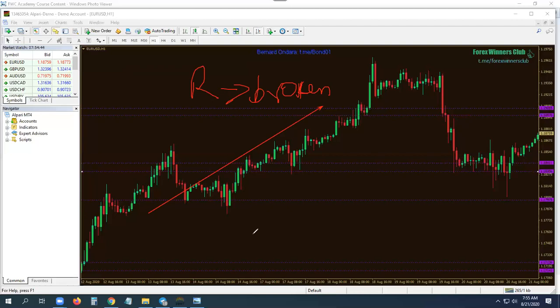That's why we draw an uptrend like this. Goes up, comes down a little bit, goes further up, comes down a little bit, goes further up, like that. So if you look at the chart, what was initially resistance is broken. What was also resistance here is broken. What was resistance here is broken. All of these are breakouts. These are breakouts happening.